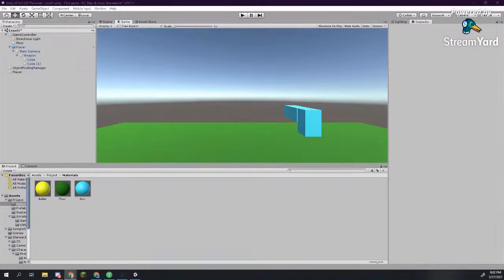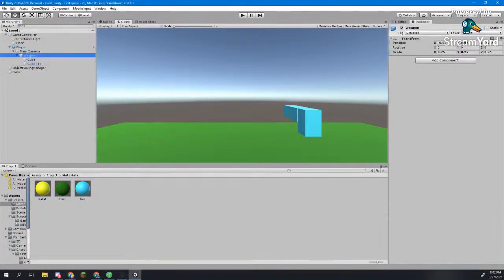So what I'm going to do is click on the weapon here and position it down, so this weapon is pretty much down at the bottom of our screen and a bit to the right. So I'm going to set this Y to maybe negative